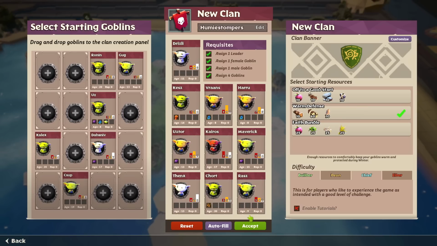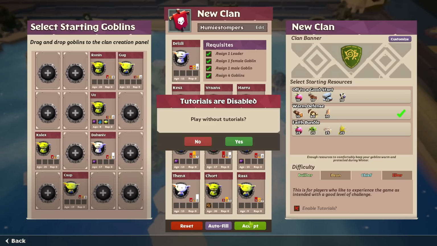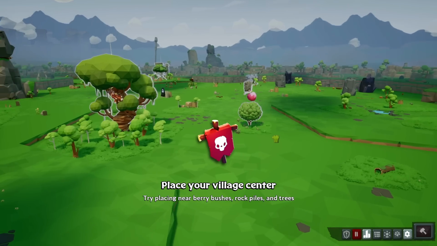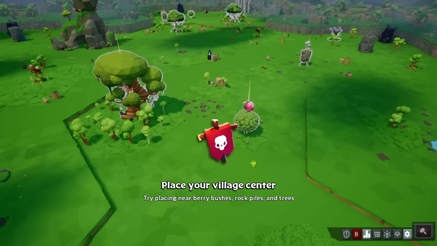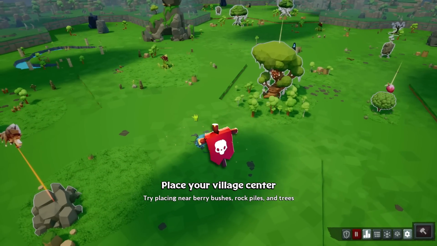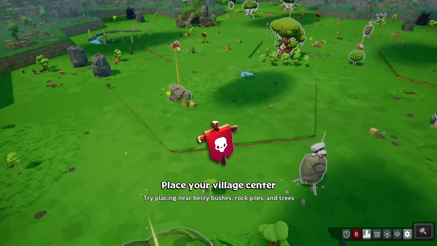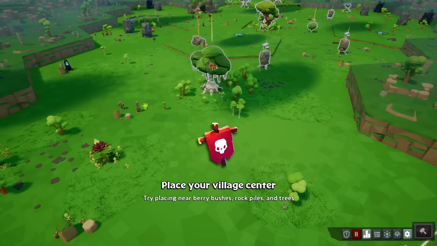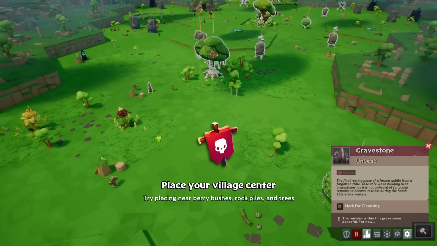Let's go ahead and join the Humie Stompers in their adventure to stomp the Humies. Yeah, we can play without tutorials. That's fine by me. I think I know what I'm doing. So welcome to the map. It's time for us to establish our colony. The first thing that we need to do is pick a spot where we want our colony to be at. And so in order for that to work, you kind of want to have access to...